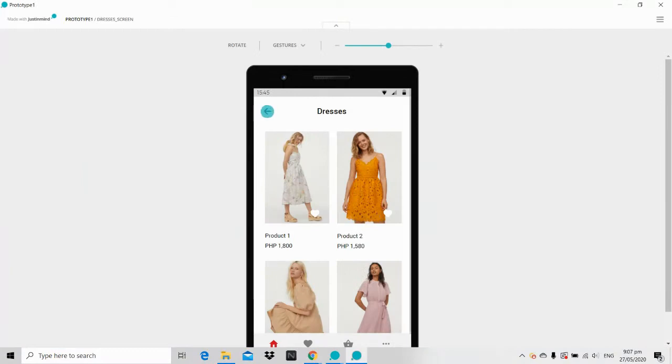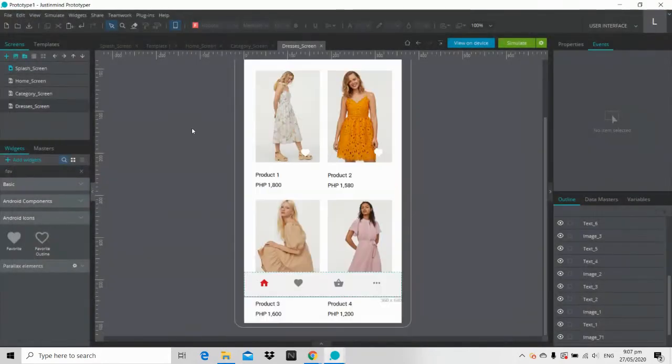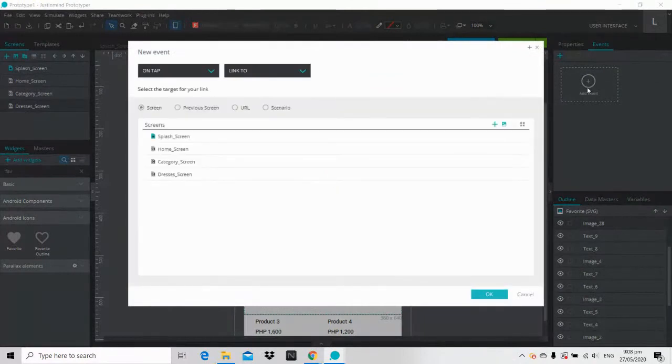So when we simulate that, dapat babalik tayo sa category screen. Ayan, so bumalik na tayo. One more thing is, let's say gusto natin itong i-add sa favorites natin. So if I click this, this heart over here should turn red. So what I'm going to do is click this heart, go to add event. Then you have here on tap, which means if I click this,